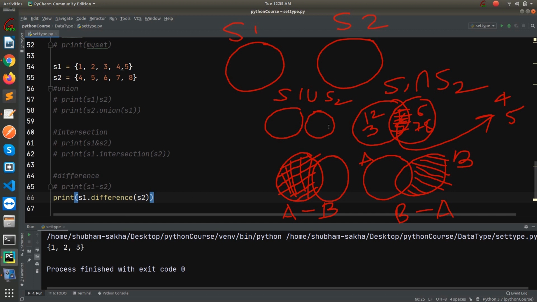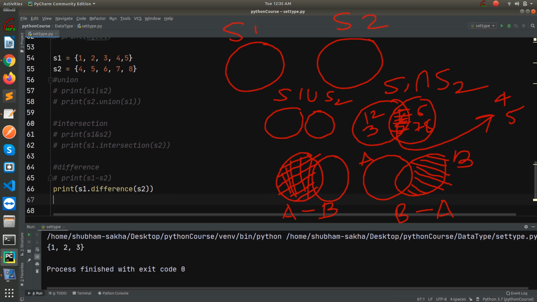One thing you have to notice: whether you call S1 union S2 or S2 union S1, that is going to give the same result. Whether you call S1 intersection S2 or S2 intersection S1, that is also the same result, because the intersection part is common to both. But there is a difference between A minus B and B minus A, as you can see from the figure also. A minus B means remove the elements from A which are present in B, and B minus A means remove the elements from B which are present in A.